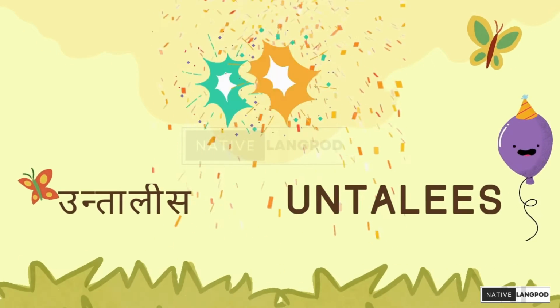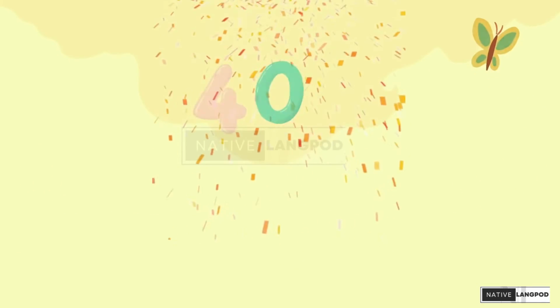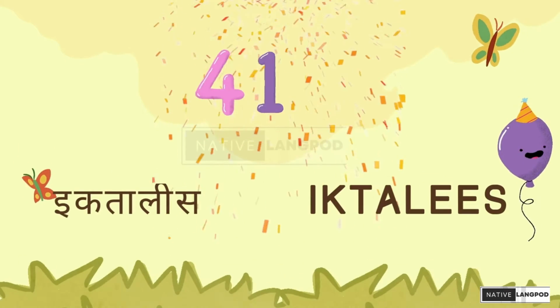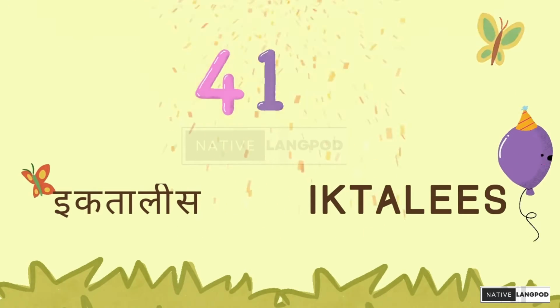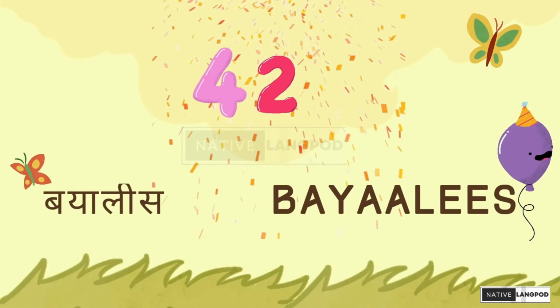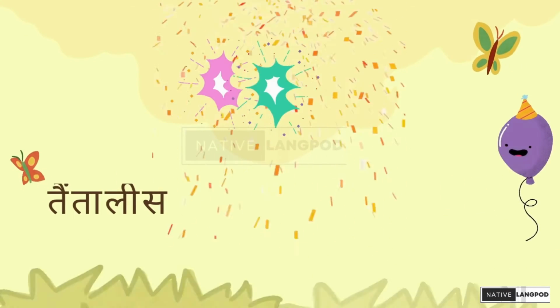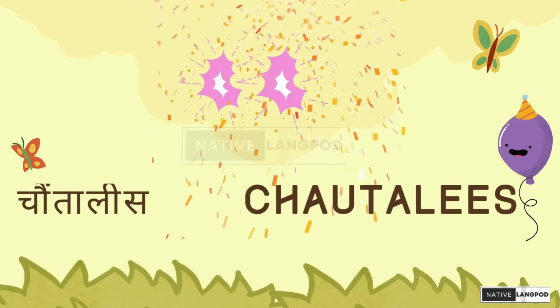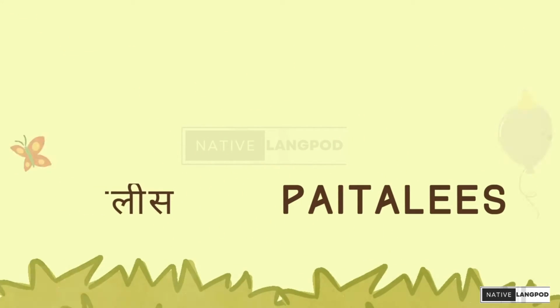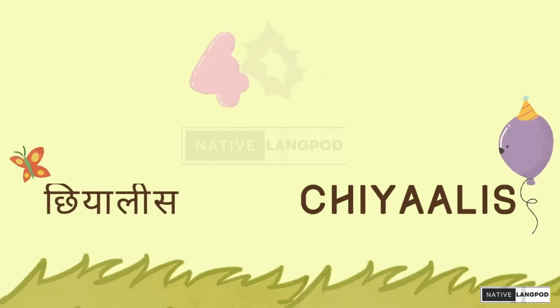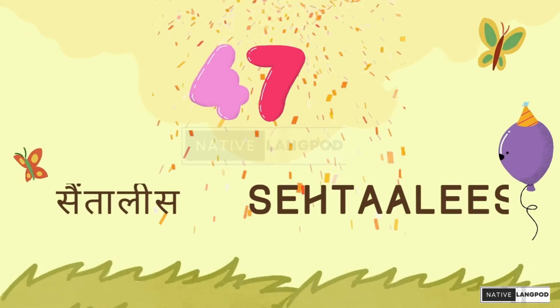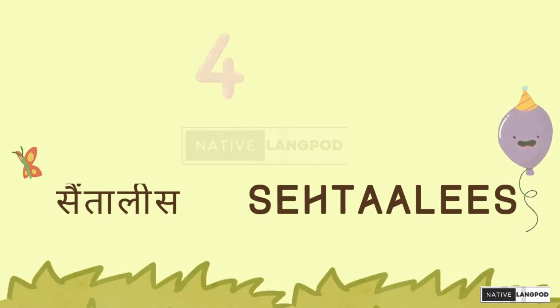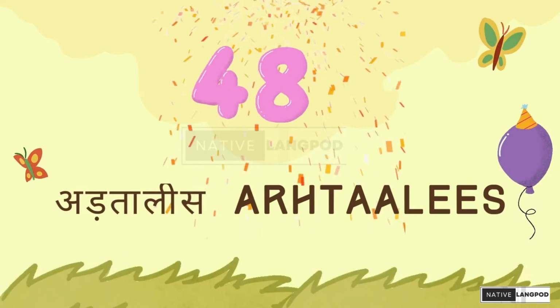39 is उनतालीस। 40 is चालीस। 41 is इकतालीस। 42 is बयालीस। 43 is तैंतालीस। 44 is चौतालीस। 45 is पैंतालीस। 46 is छियालीस। 47 is सैंतालीस। 48 is अड़तालीस।